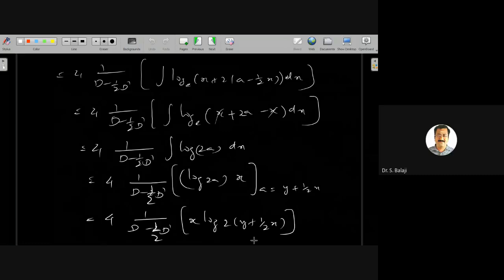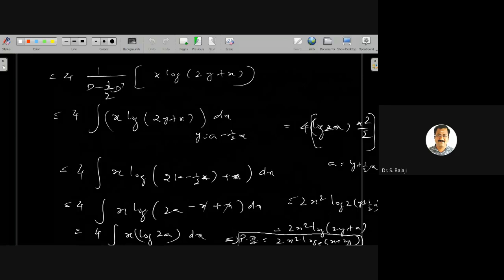Then one problem for your exercise. Your answer will be 2x square logarithm of x plus 2y. One problem for your exercise, solve